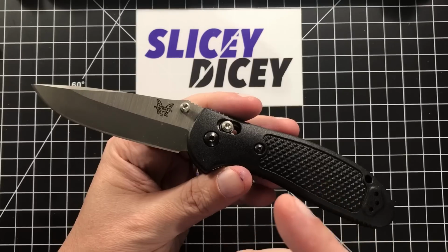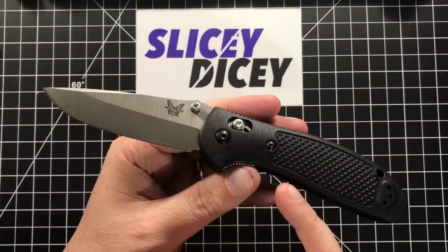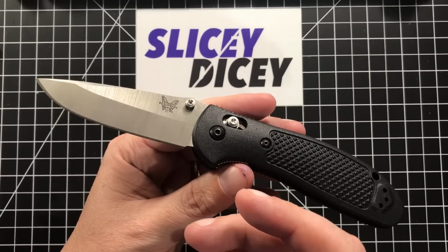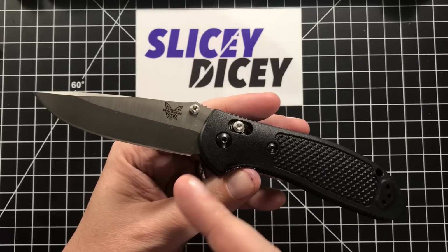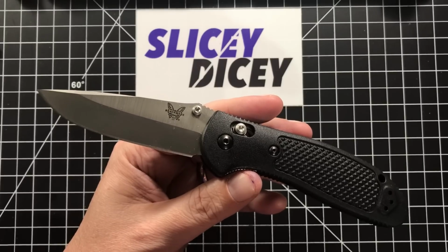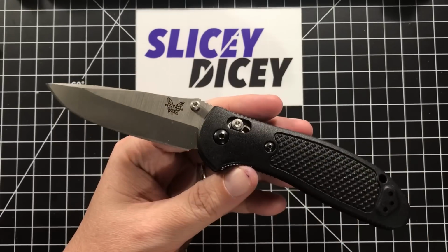And then also, now they don't make the Mel Pardue Griptilian anymore. Or I'm sorry, this is the Mel Pardue. They don't make the Doug Ritter Griptilian anymore. Now Hogue is making that, which is basically kind of the same, but G10 handles, different steel. I think it's M390. They're like 150 some bucks, but that was kind of an interesting development, and I'm going to be getting one of those, so I wanted to have a regular Griptilian to kind of compare it to,